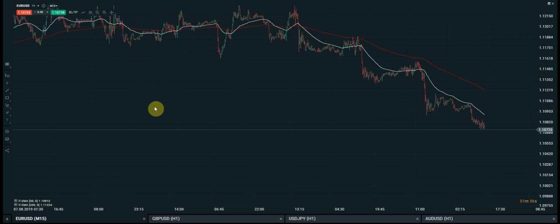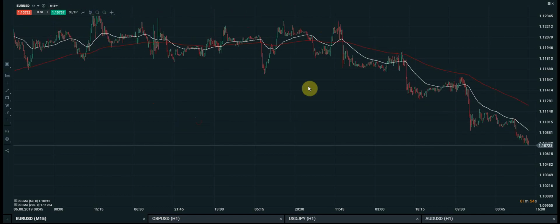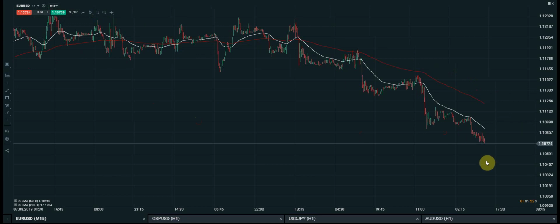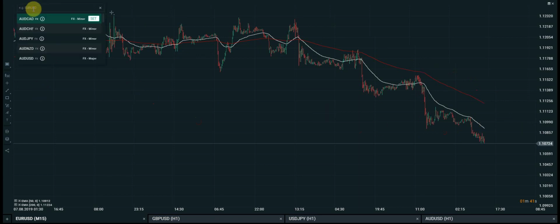As you can see, the webinar was on the 6th here, and ever since then euro against the dollar has just fallen, and it's just fallen dramatically. We've had some really good trades here. We had one here which has produced a profit. We look at euro, other pairs as well. We look at euro yen